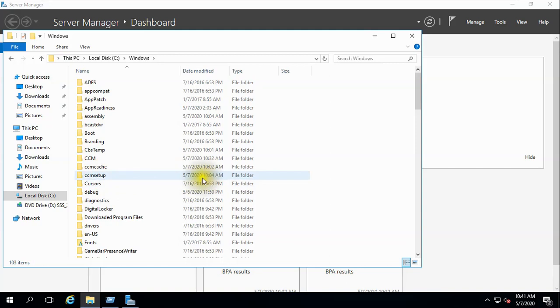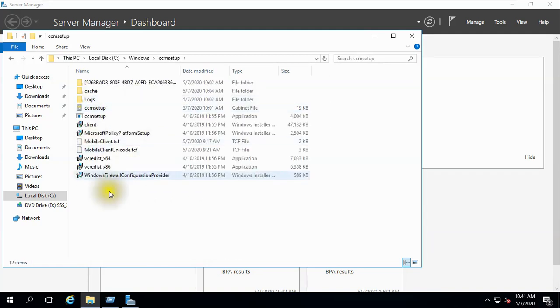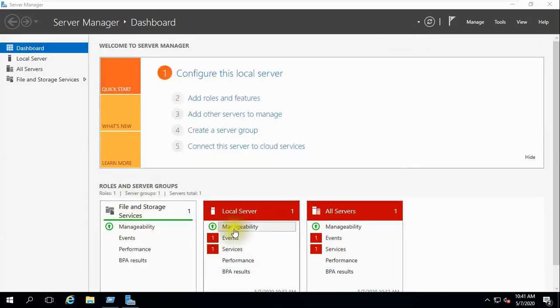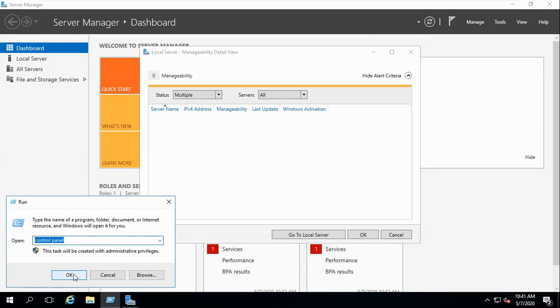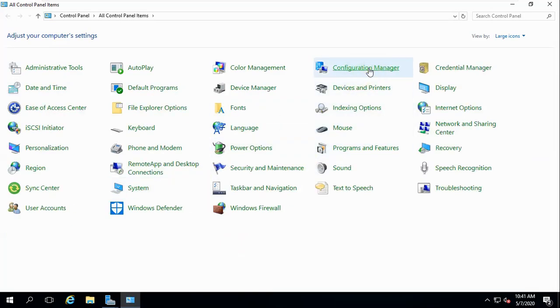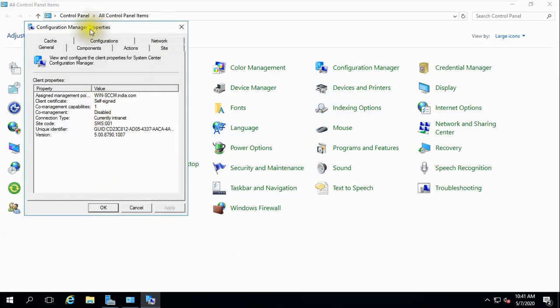It is showing today's time, 10:04, because it moved all the files at this time. If you go to the control panel here, you will see Configuration Manager. So on 3 machines it is reflecting, and 2 machines are still going on.